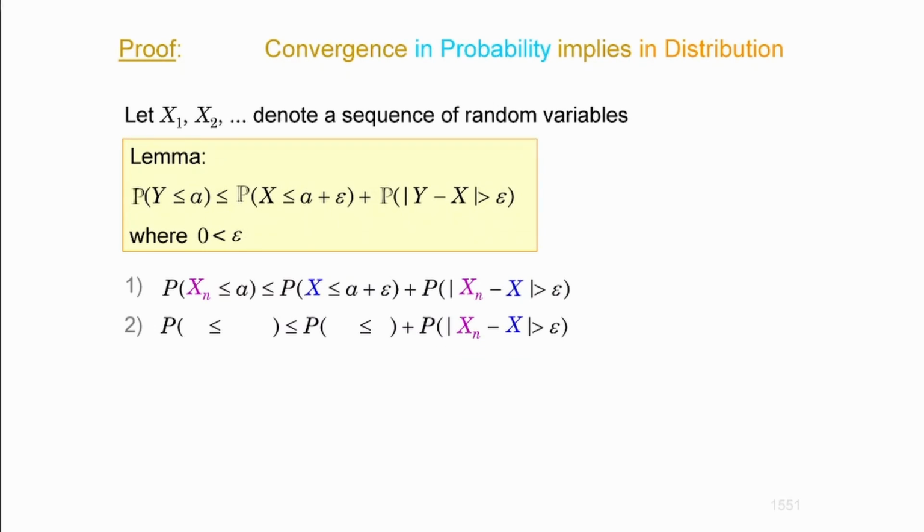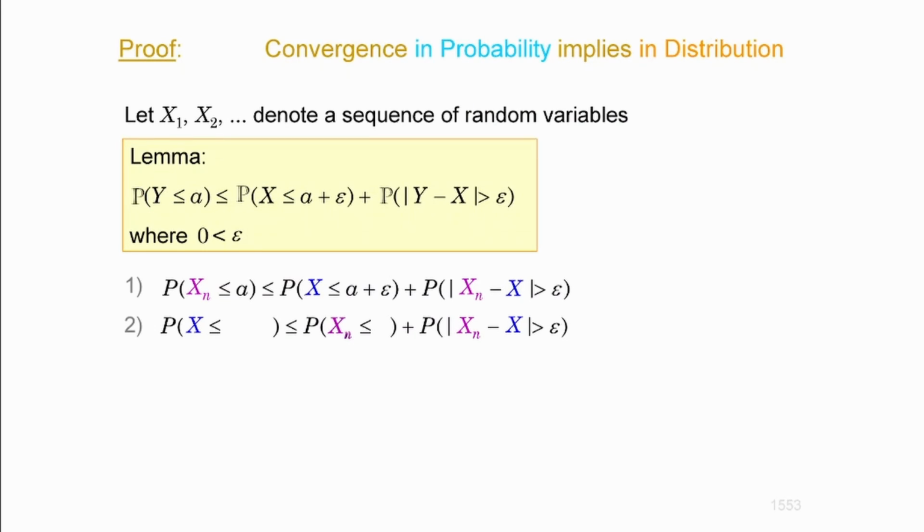Of course, you need to understand that if the absolute value of x minus y is equal to a certain thing, then the absolute value of y minus x is also going to be equal to it. So the distance between x and y is the same as the distance between y and x, of course. But I'm going to reverse it this time. So this time, y is going to be x, and x is going to be xn.